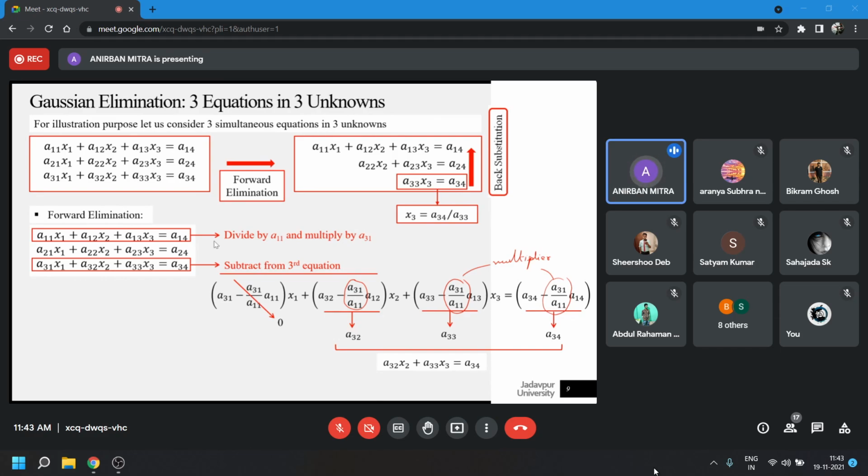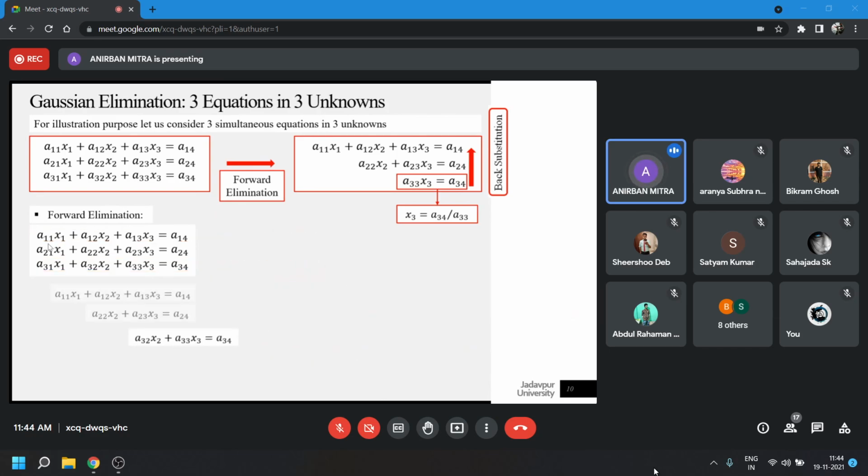So this first equation is known as the pivot equation. Let me write it here. This is known as the pivot equation for the first forward elimination step. And this term a11 is called the pivot element, because with respect to that, the others are getting changed. So at the end of this first forward elimination step, we get a system of equations which is like this. You can see that it is getting transformed towards a triangular form, but it is not complete yet.